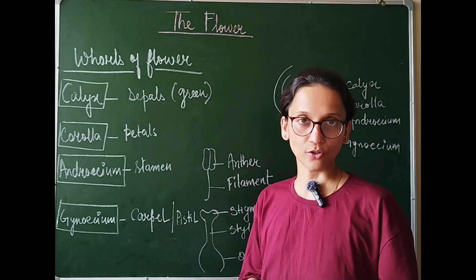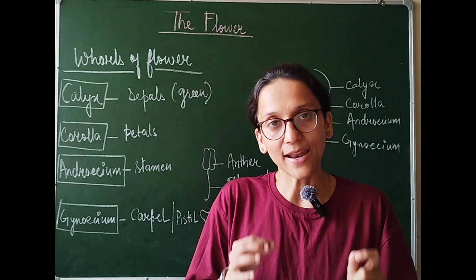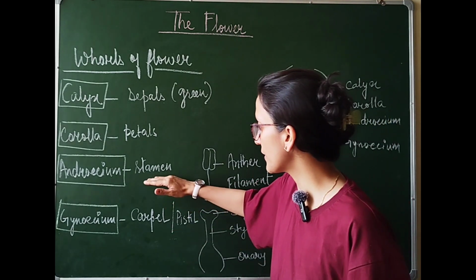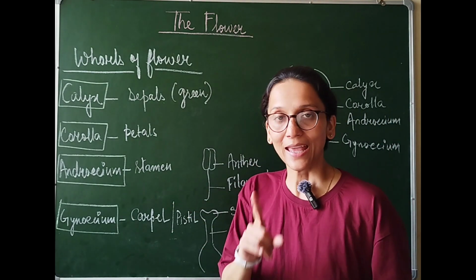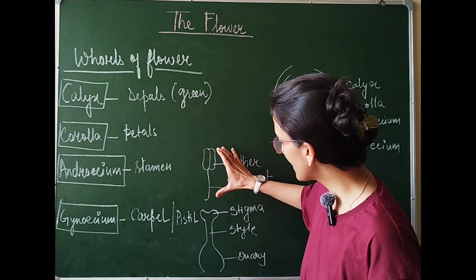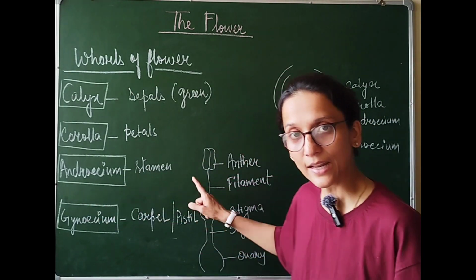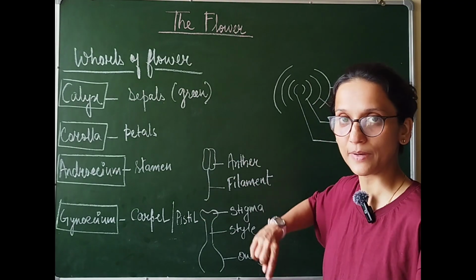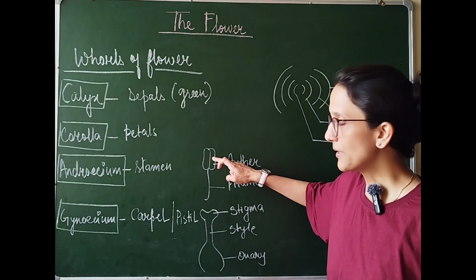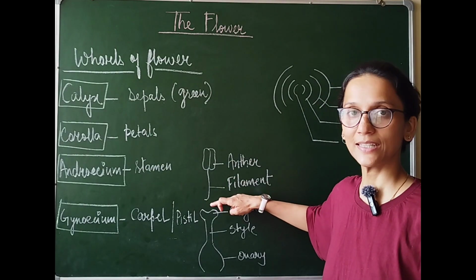Third to it is androecium. This is the male part of the flower. Now androecium is made up of units called stamens, and each stamen has 2 parts. So I am telling you many such stamens together will form the androecium, and now let us see what this stamen is made up of. The upper part is a lobed part which is called anther, followed by a thread-like structure known